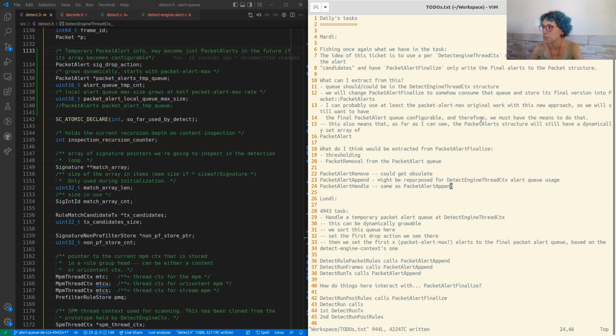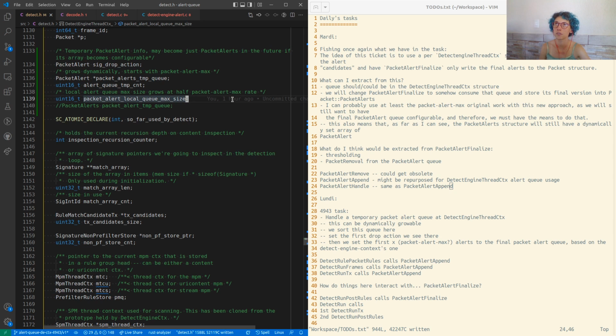And after feeling much overwhelmed by the work that I have to do, because I'm working on a new portion of the Suricata code base, not new, but new to me, I started to get my hands dirty.